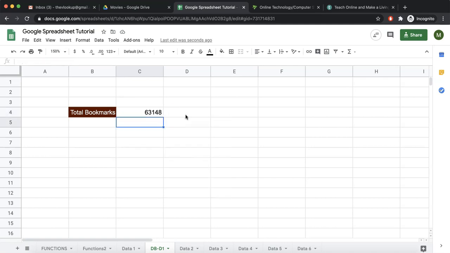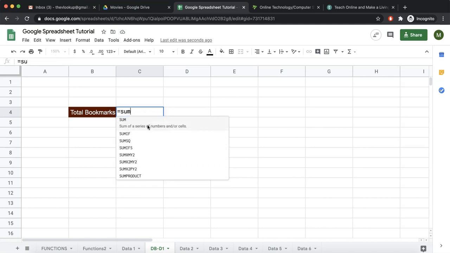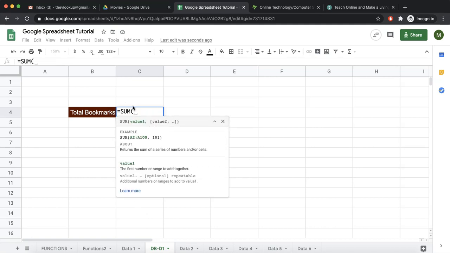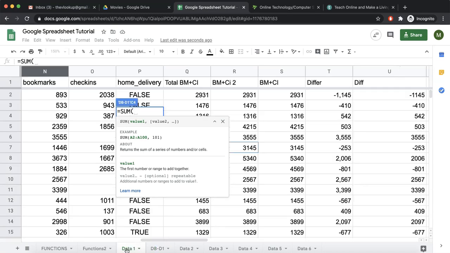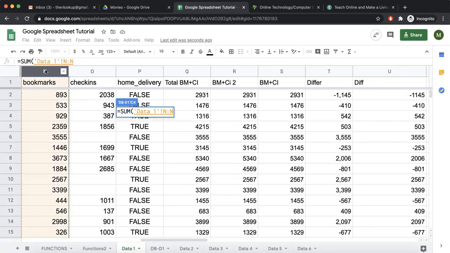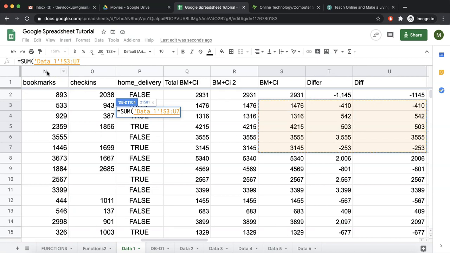You can also do this, but it is not advised to type the range or sheet. So what we do is we write equal to sum, then when the bracket is open and the cursor is here, we go to data 1, click on n, so the entire column n gets selected. I can also do it like this, so you see it is n3 to n8. But I click on n, so the entire column n is selected.